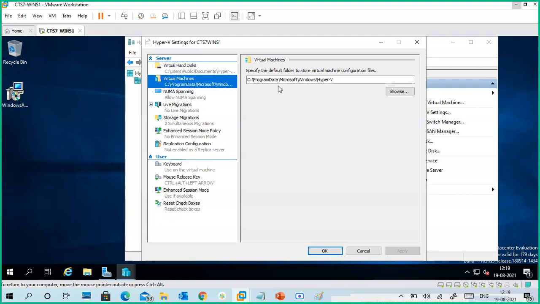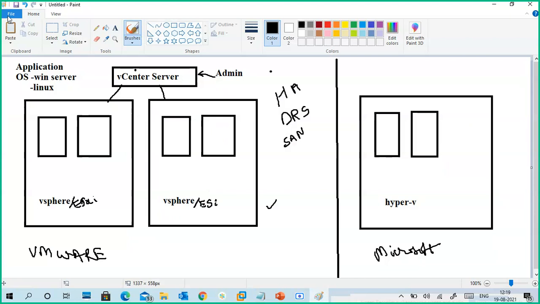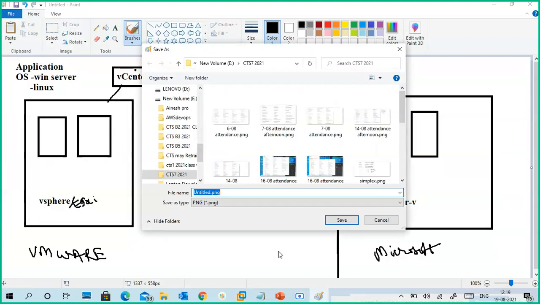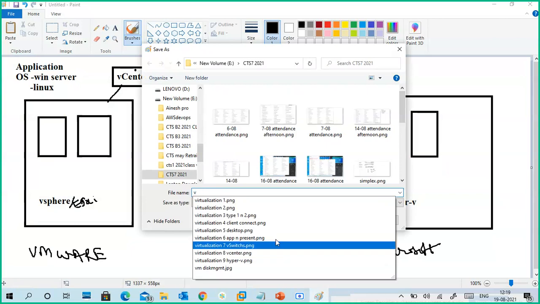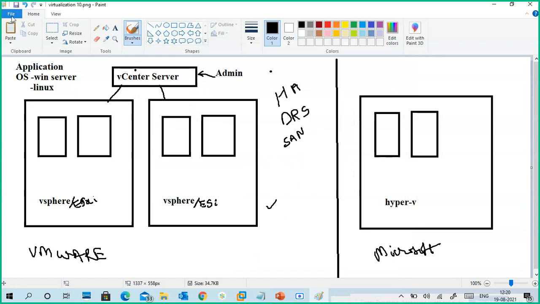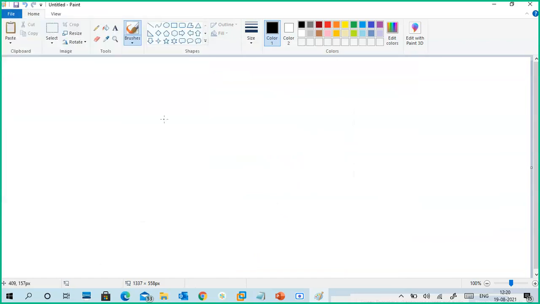Then C:\ProgramData\Microsoft\Windows\Hyper-V. In this folder, virtual machine configuration files will be stored. Okay, see here it is.